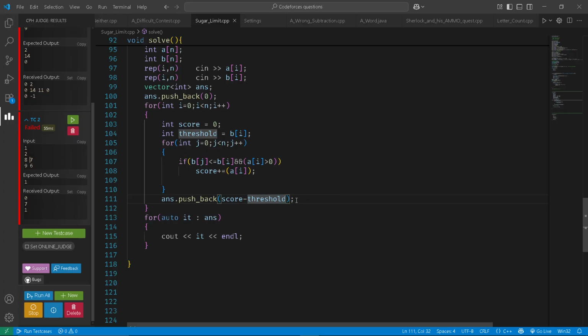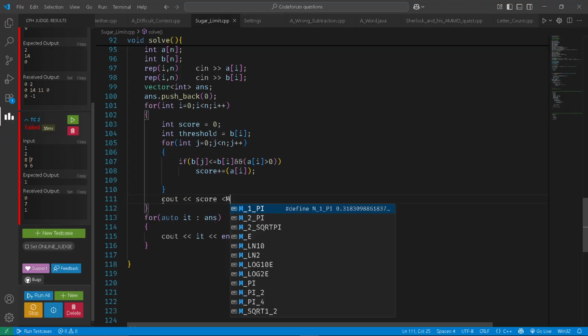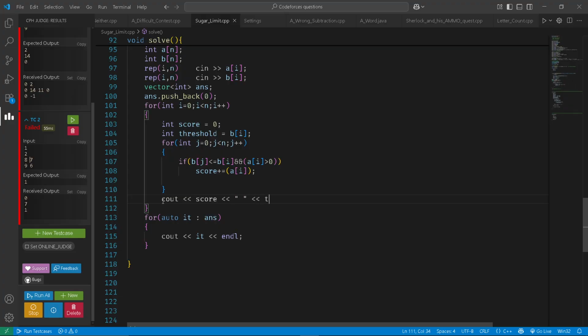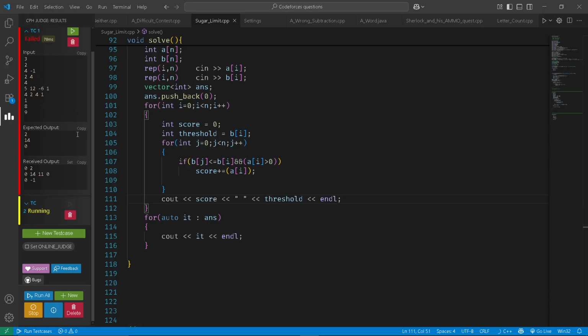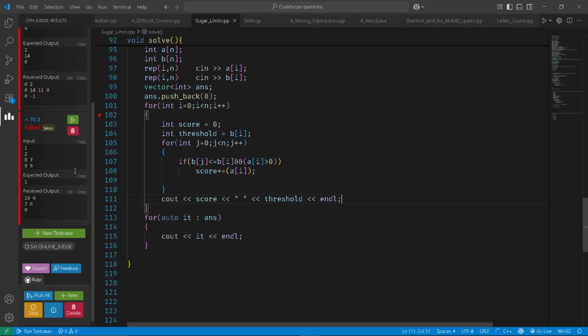What is 15 minus 9? It is 6. Why is it not pushing 15 minus 6? 9 and 6. Let's just debug that. See out score. 16 9 17 6. Where did he get 16? Man, that's really